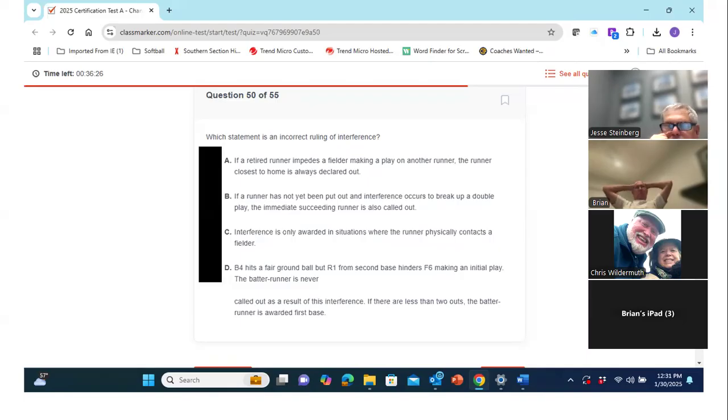So on a bunt or a drop third strike, the catcher comes up, the catcher doesn't throw to first, even though the girl's completely inside fair territory. There's no throw, there's no interference. Okay. Everybody get that? And on umpire's interference, a throw is not required.